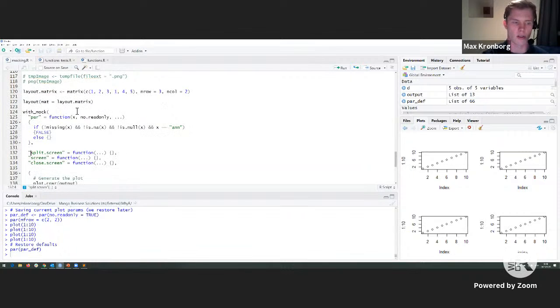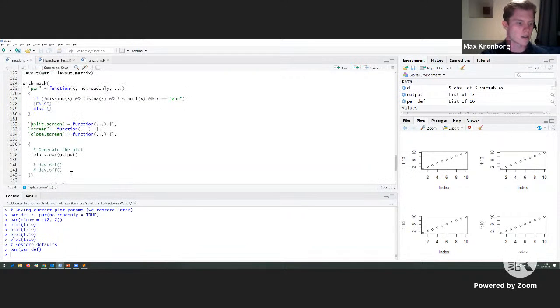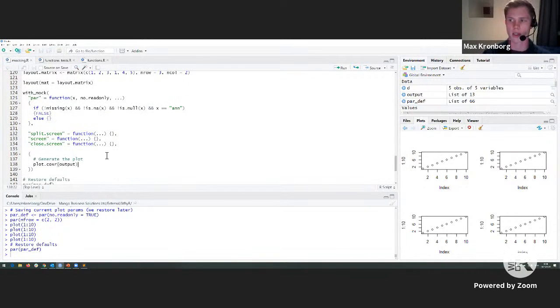So here, what you have to do is you have to use mock to go in. And we don't need this, because then I'll just walk through the different elements. So the code we really need to run is this plot.coxr on our output. And then just prior to doing that, we set up a temp file to capture the output. But essentially, this is the code that we need to behave differently.